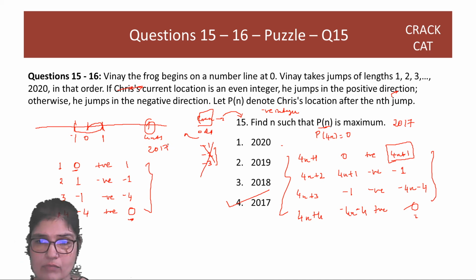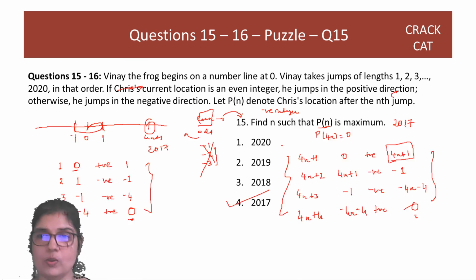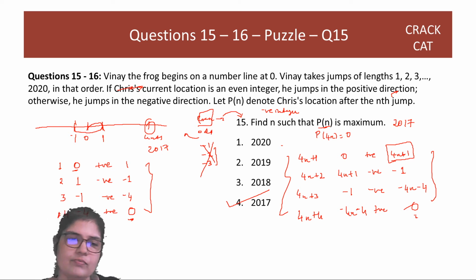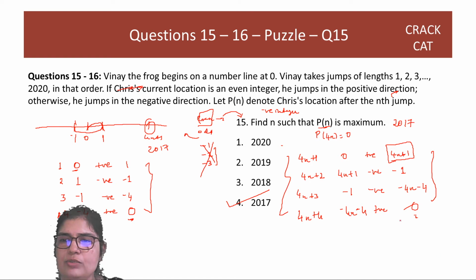Right? Okay. You have to find the sum now of all of these. So what is the sum of the 4 of them, guys? Now if you add up the 4 distances here, for any 4n plus 1, 4n plus 2, you add up the 4 distances here.